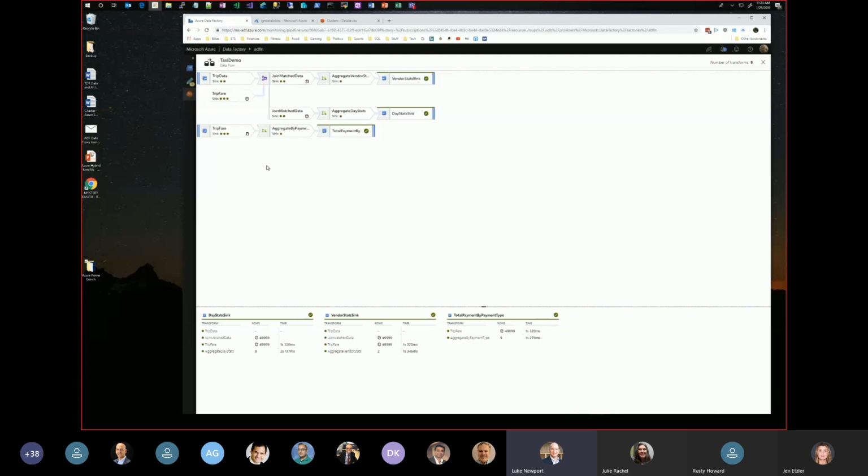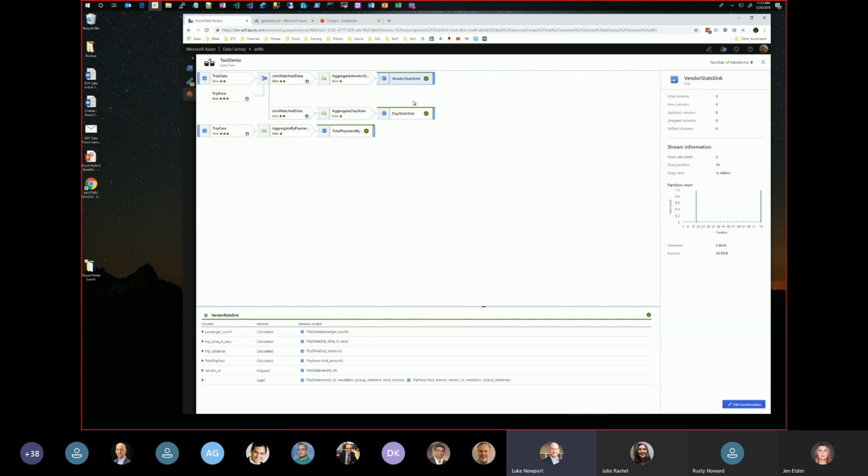If you're familiar with SQL Server, you get the idea. But what happens within each one of these, you not only have good information about the number of rows that you pulled over, how long each transformation step took, whether you're doing trip fare calculations or aggregations like I showed before. But another cool thing is that if you look at these sinks here at the end,